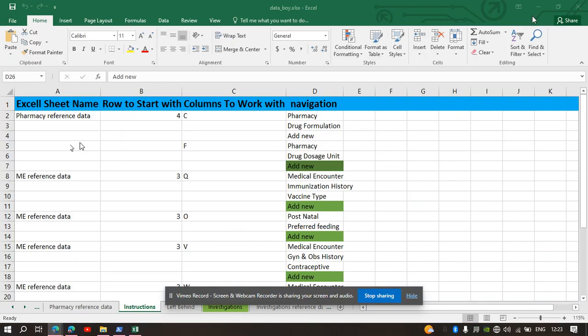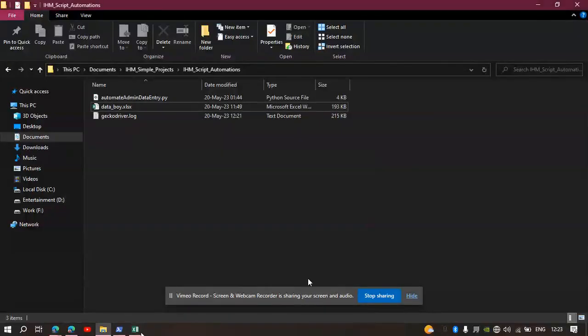So we enter the data here. We say where to get it from, which row to start collecting the data from, which columns have the data that we want, and how to navigate to that system in here. Then, when I run the script,